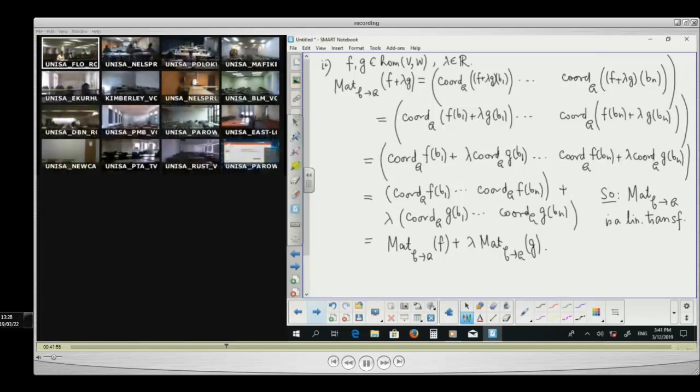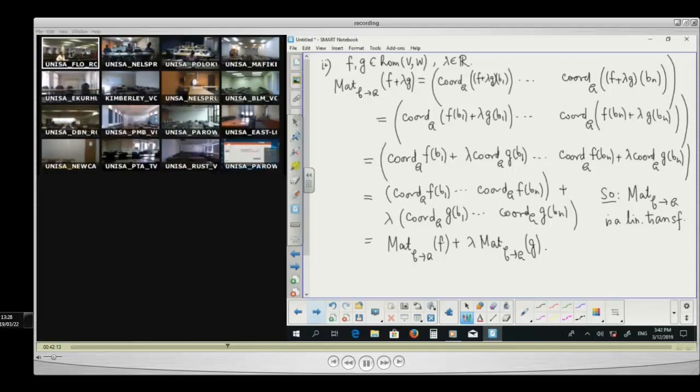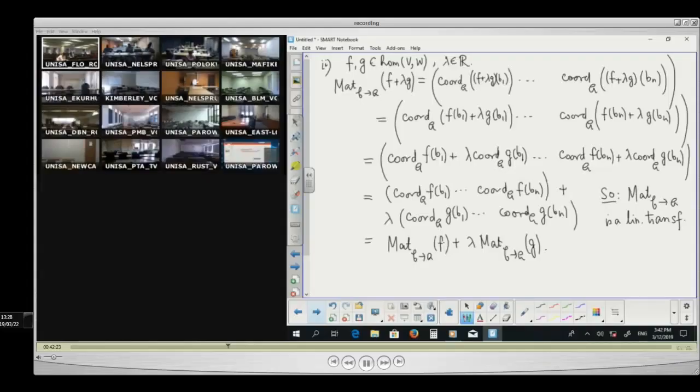So we have two things. This is actually the translation between our, you might call, abstract vector spaces and linear transformations, and the concrete R^n's and matrices. So summarizing, so we have,